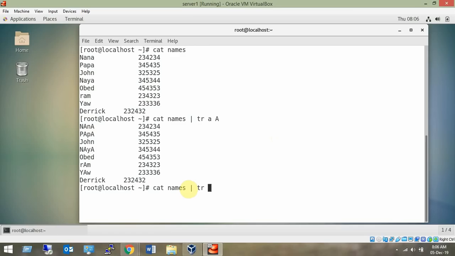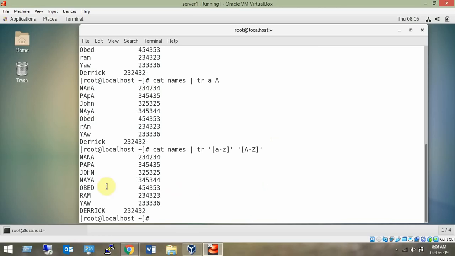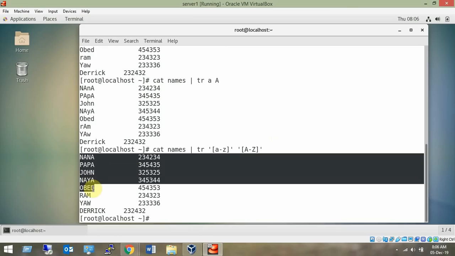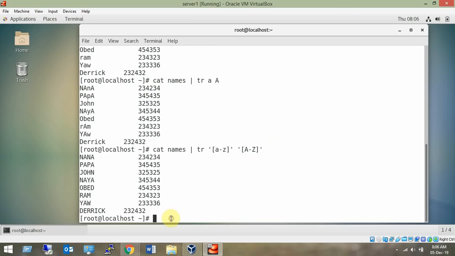So single quote, square bracket, small a to z. Quote close, single quote start, and then uppercase A to uppercase Z. Now it will translate all the lowercase letters to uppercase. So that is the tr command, translate. So translating characters.